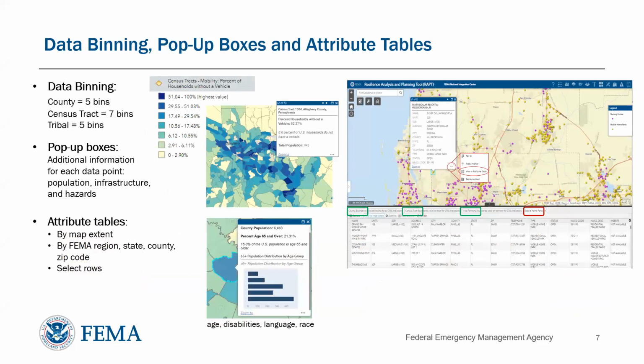So really, you can visualize all of this information in 3 different ways. Once you toggle on a layer, you'll see it reflected on the map. The picture in the center of the screen is where we've toggled on a census tract layer, percentage of households without a vehicle, and each census tract turns a color that corresponds to the legend. So for households without a vehicle, anything that is dark blue has over 51.04% of the households without a vehicle.